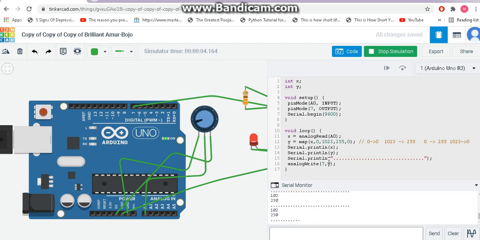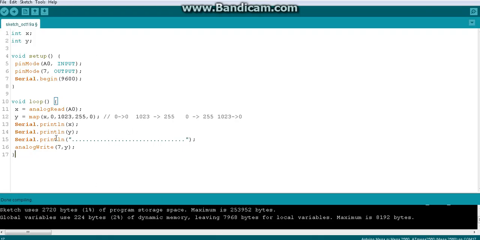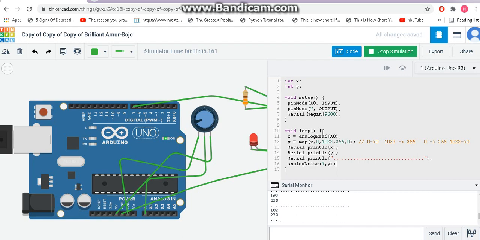So that means the output value is given to the LED, so the LED brightness will also be going down. Maybe it is not that visible in the simulation environment, but I ask you to take the code. You can manually type the code, or you can look at this, pause the video and type the code. Then take an LED and make the same connection you made earlier: pin number 7 LED, potentiometer going to A0, that means the variable resistor, and upload the code and see what happens. The LED is going to work the opposite way now.